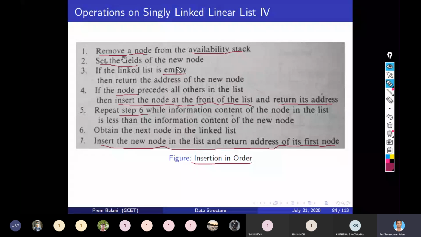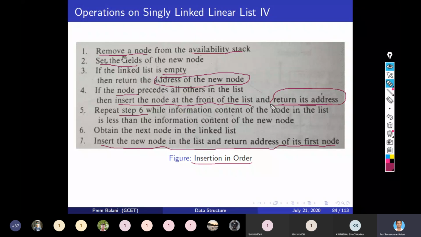See, if the list is empty, then return the address of the new node, right? If the node being inserted is the first node, at that time also return the address of the new node. But if the node is inserted somewhere else, not at the beginning or in an empty list, then you must return the address of the first node.